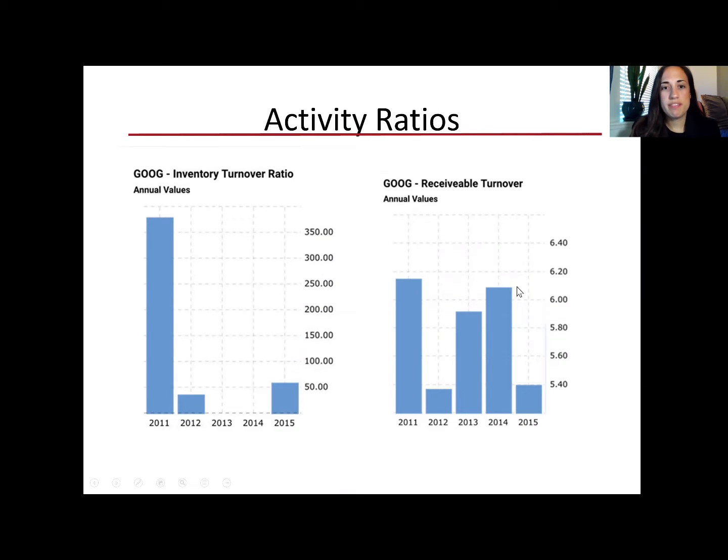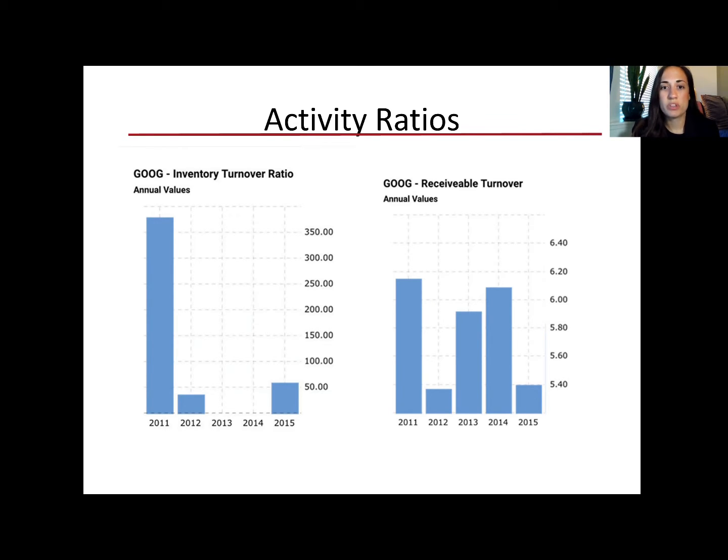I will start with activity ratios. Activity ratios indicate how efficiently a company is managing its assets. A high inventory turnover ratio is preferable, because it indicates that more sales are generated from a certain amount of inventory. A high receivables turnover ratio can indicate that a company's collection of accounts receivable is efficient, and the company